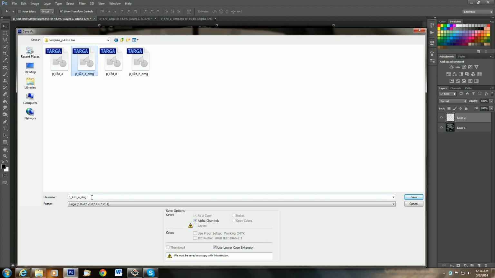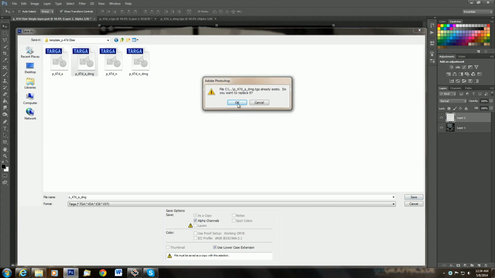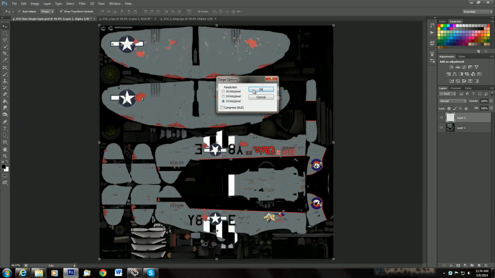That brings the name down here. Hit save. Yes, I want to replace it. Okay. Voila. Now I have this skin, which is the damage, and the original in my Elsie file, and that should